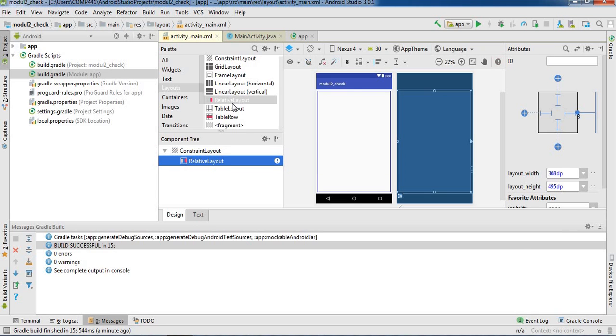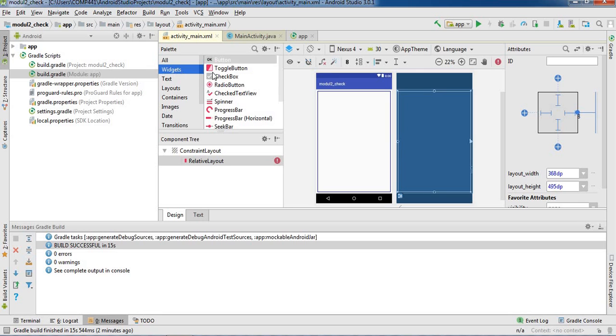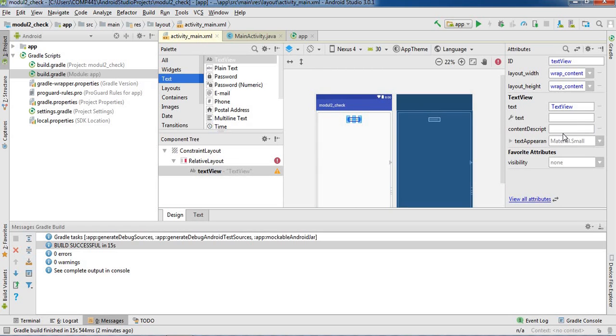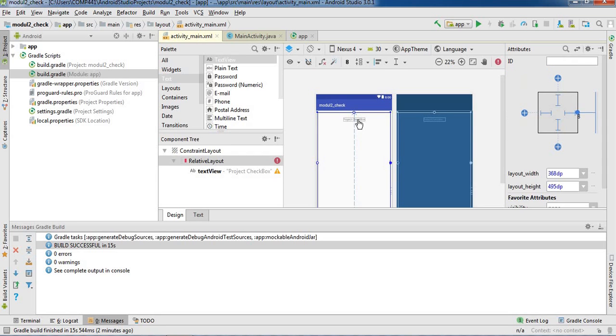I have also taught you how to move the element by using the pixel density functions. So here the first thing we have to use is the checkboxes. Before the checkboxes, to see it properly, we have to take some text view and name it properly, to show what this project exactly is. So in the text view here, I am going to write project checkbox. This is just for review purposes.